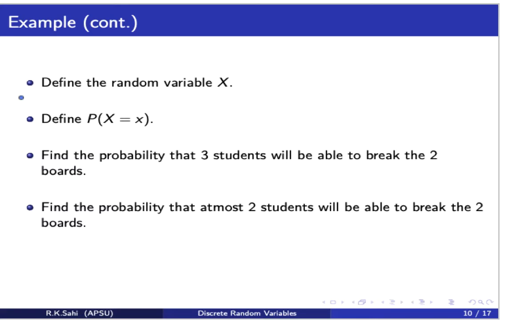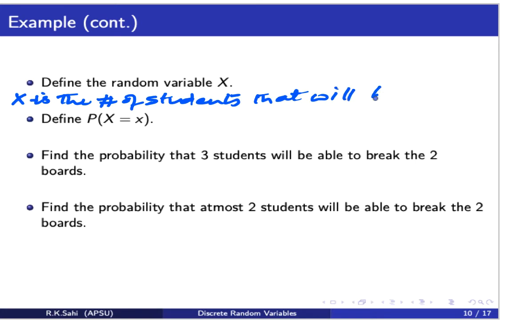The random variable x, guys, is the number of, or the random number of students, because they are going to be randomly picked. So it is the number of students, and it's about the karate teacher, that will break 2 boards. Now if you are a karate guy, you know all these terminologies. Now define